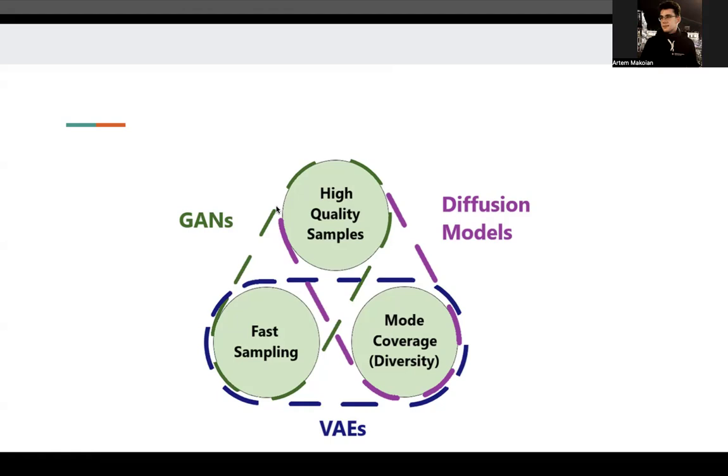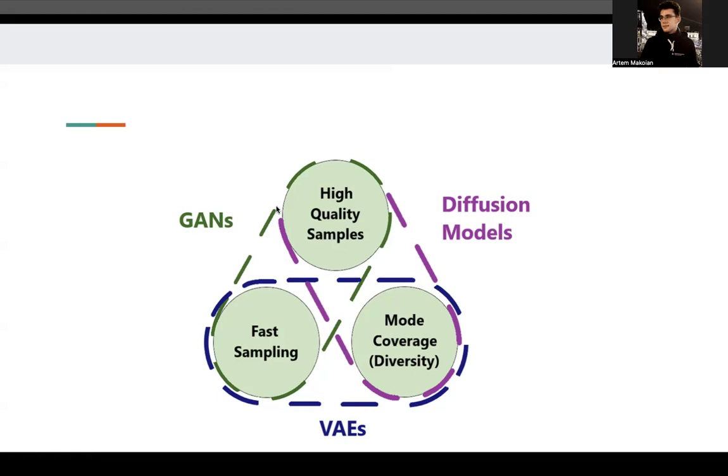We want our model not to generate the same image, for example, or similar images, but to generate diverse images from the whole data set. And the problems of GANs and VAEs